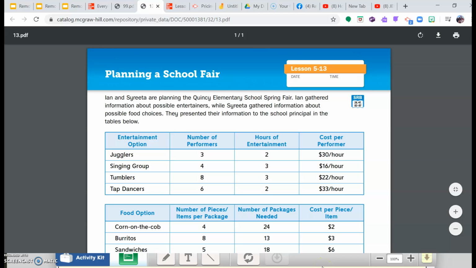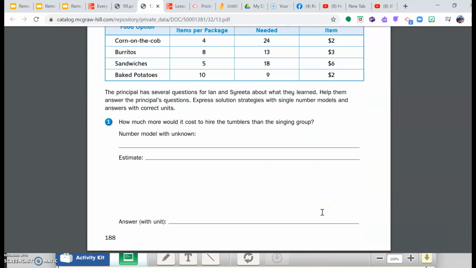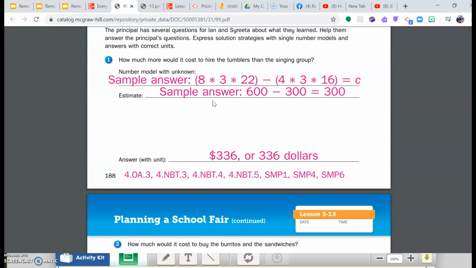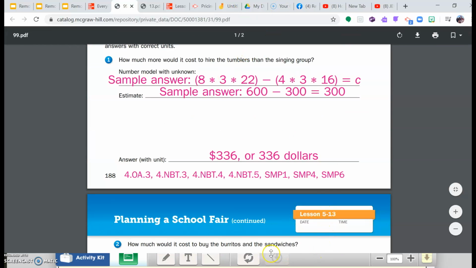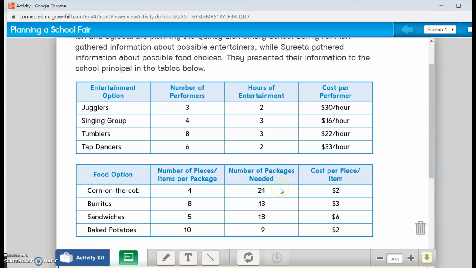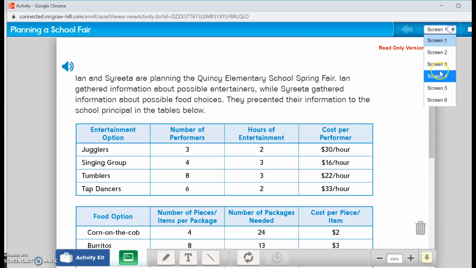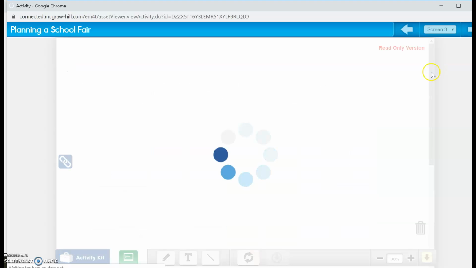We are going to be working on the next problem, which is, let me get to it. It's right here. Okay. Now they're talking about food. So they want to find out